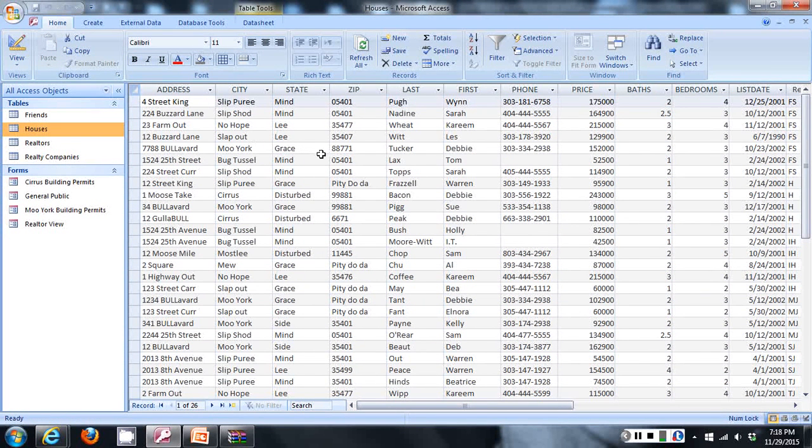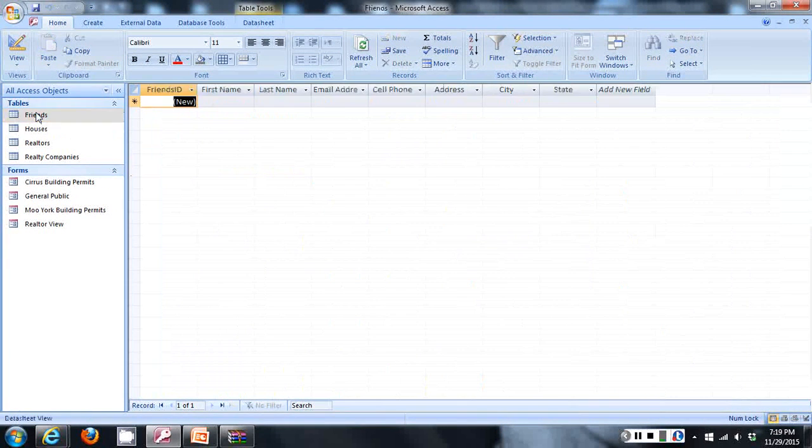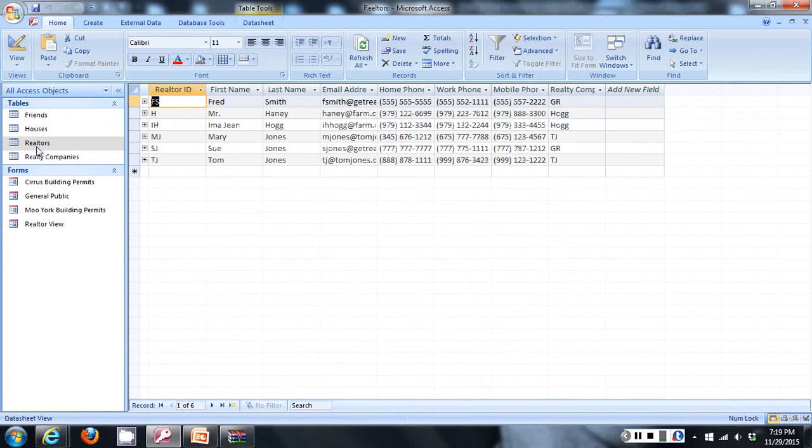What that means is if I'm working with, in this case, our houses table, and I make a change, I'll need to save every time I want to move on. So what does that mean? Anytime that I leave this table, let's say I go to the friends table, or if I want to create a form or a query on that table, I will have to save